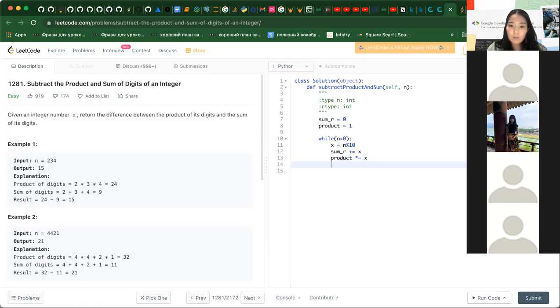That's why we will use integer division by 10 so that we can get rid of one of these digits, right? So then we will return